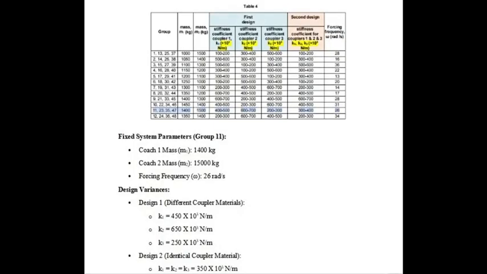In this part, I will explain the values selected for vibration analysis and how they were modeled in ANSYS for vibration. So for design 1, different stiffness values were selected from the table to represent different coupler materials, with K1 values of 450 kN per meter, K2 650 kN per meter and K3 250 kN per meter. So for design 2, the same material was assumed for all the couplers with a value of 350 kN per